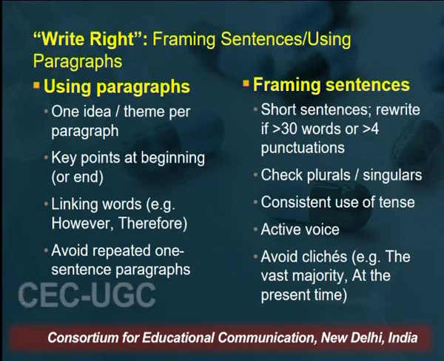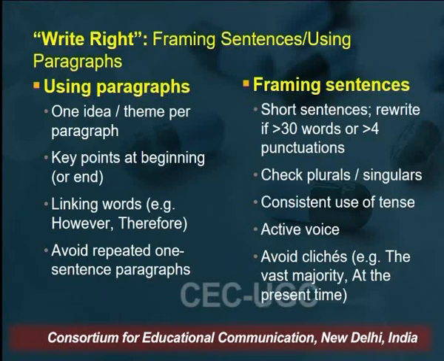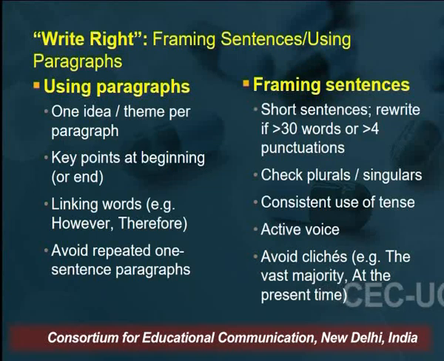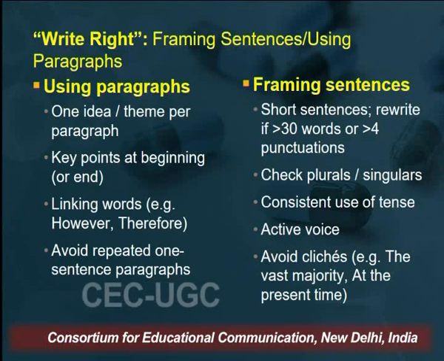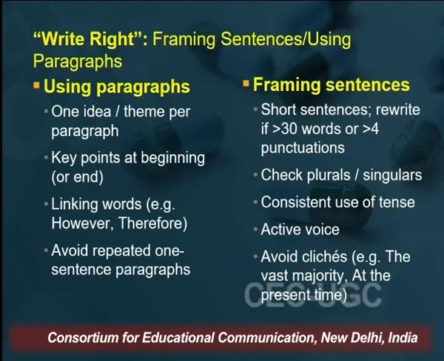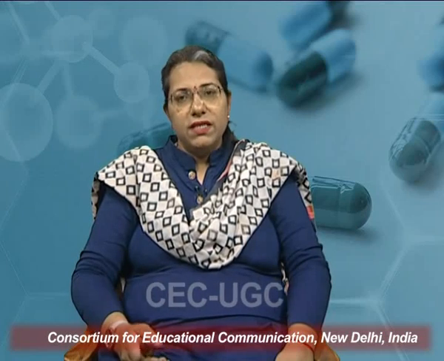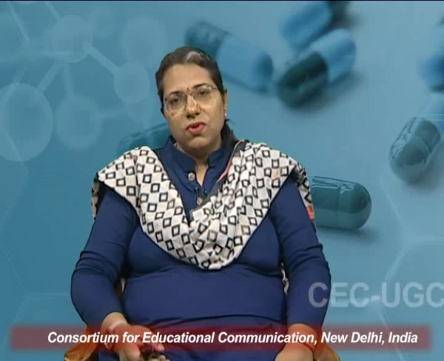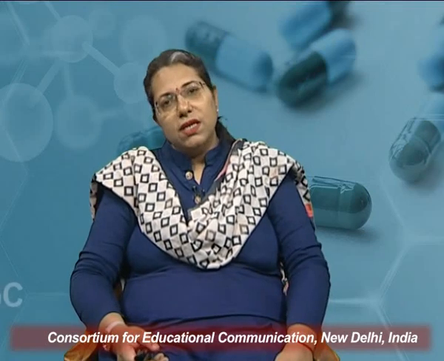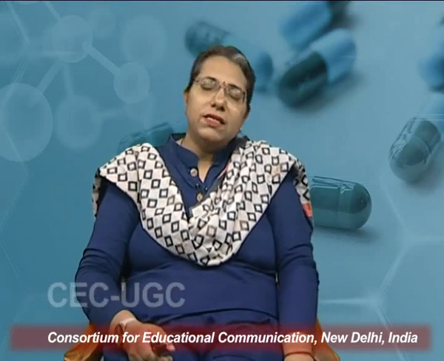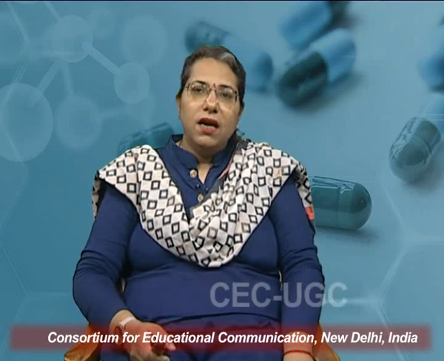So what are the key points that you need to focus on while framing the sentences? The sentences should be short, and rewrite if more than 30 words or more than 4 punctuations appear in that particular sentence. The ideal length is 2 lines for a sentence, but if it exceeds that, then it should be broken up or rewritten to create short sentences. But by short sentences, it doesn't mean that the message should not be complete in that sentence, or that the sentence is not complete in itself with all subject and verb